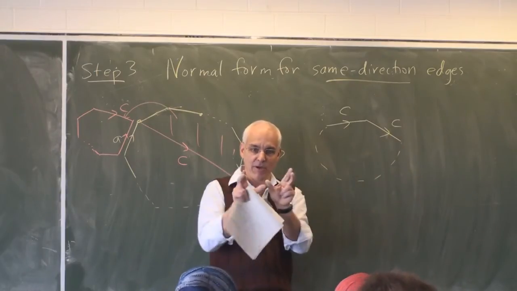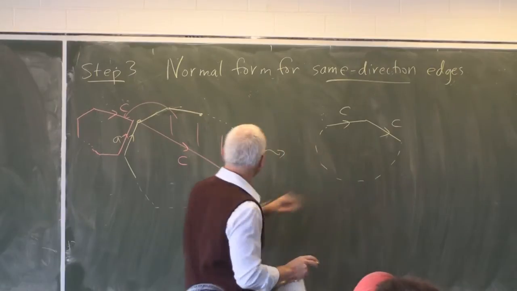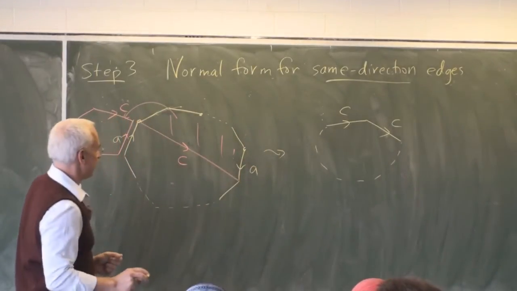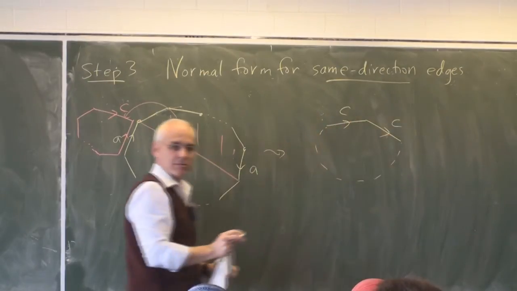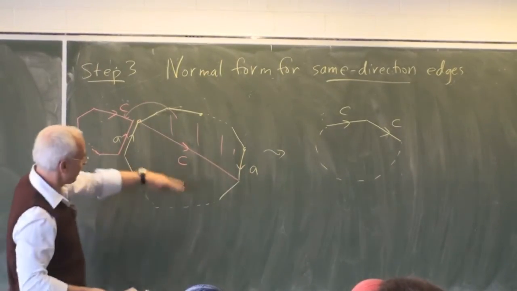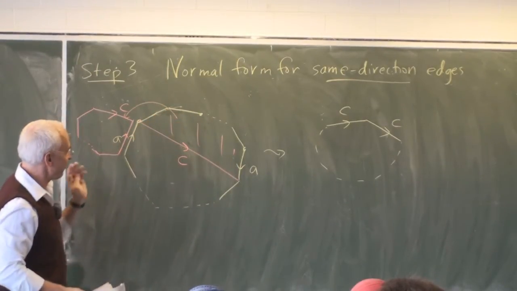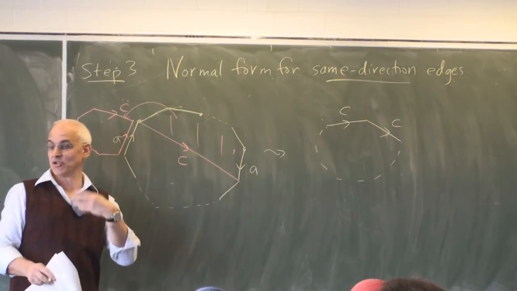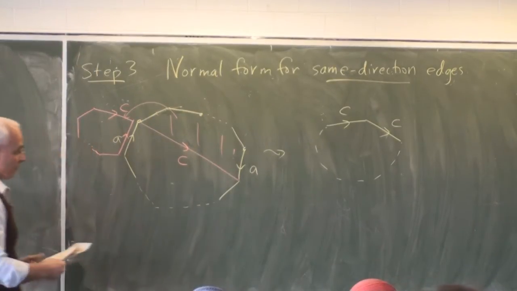This is the kind of thing we want, right? We want pairs A, B, B, C, C. So that's what we've done. We've replaced this random pair of same direction edges with an adjacent pair. And we haven't affected any of the other ones. The other ones that were adjacent are still adjacent. And we haven't changed the one vertex nature of the process. There's still only one vertex around.